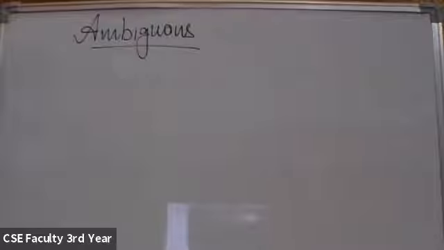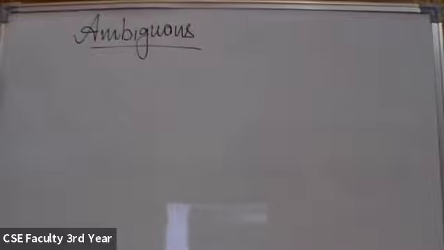Because I told you that none of the parsers can work with ambiguous grammars, except one parser. We will discuss it later when we study parsing in detail. So what should we do if the grammar is ambiguous? Should we discard it or what should we do? So some of the ambiguous grammars can be converted to unambiguous grammars and used.